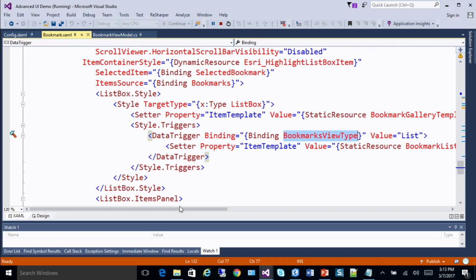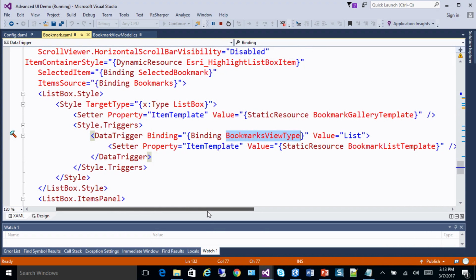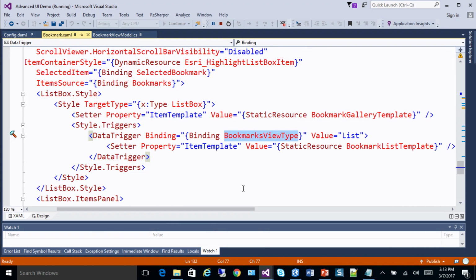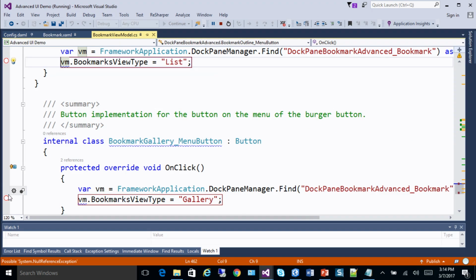What it has is a binding to a bookmarks view type property. So when you click on that button and you say outline, this property, the bookmarks view type, is set to list, and I am displaying a list template. And when it's set to gallery, it's displaying a gallery template. So I'm going to go ahead and add these